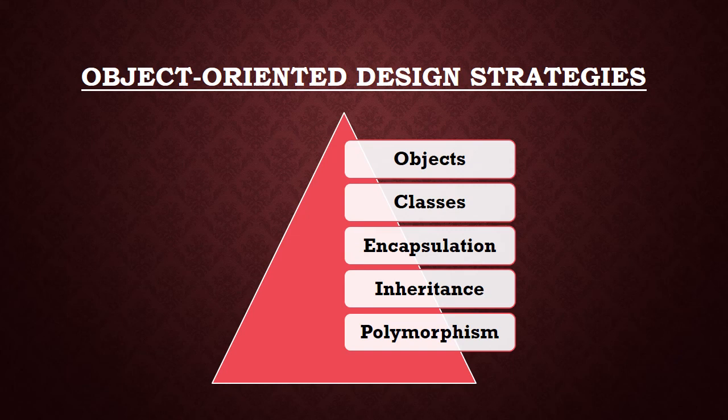Then the next concept is polymorphism. Polymorphism means that we have different functions, or different methods, performing a similar task, but they vary in their arguments, or have different parameters. So we can assign the same name to all the methods that are performing the similar task. This process is known as polymorphism.